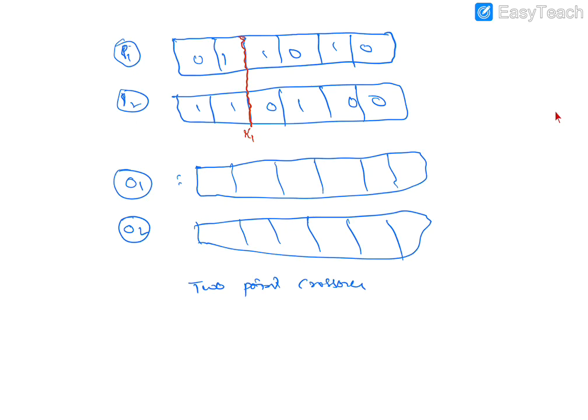In the 2 point crossover method, you have to divide at 2 points. I am going to take one more point, this is K1 and this is K2. Whatever the leftmost part is, you copy as it is, and the rightmost part you copy as it is, and the middle part you have to interchange. So 1, 0, then 0, 1, 0, 1, then 1, 0. These are the new offspring data. Using this we can generate a new generation.